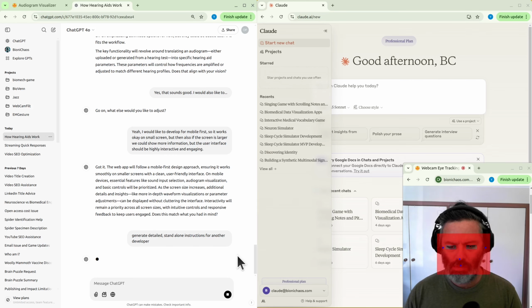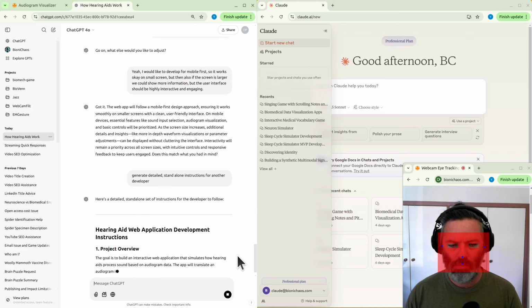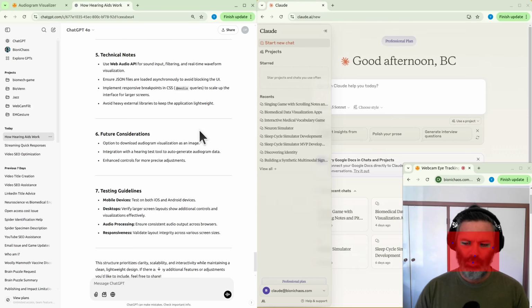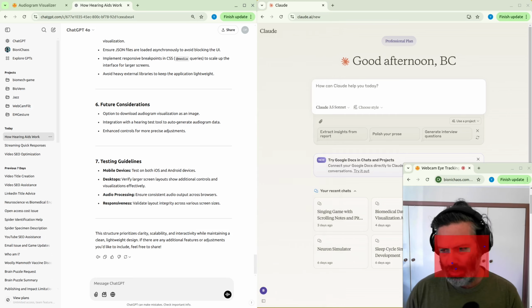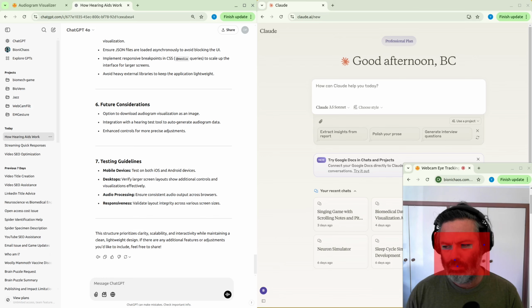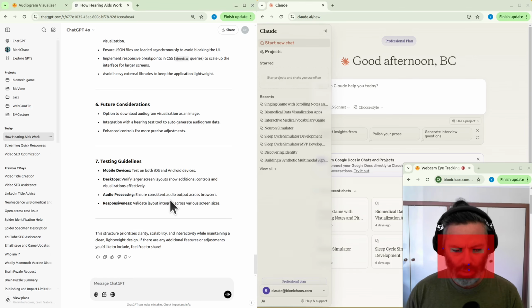Interactivity will remain a priority across all screen sizes, with intuitive controls and responsive feedback to keep users engaged. Okay, we have the instructions. With the simplified file structure, mobile-first design, dynamic scaling for larger screens, and a Okay, we'll shut that up for